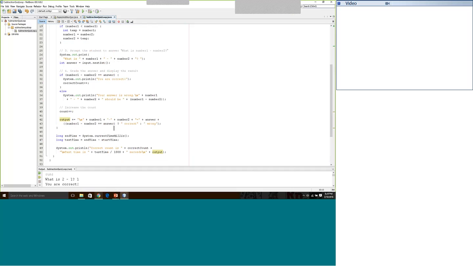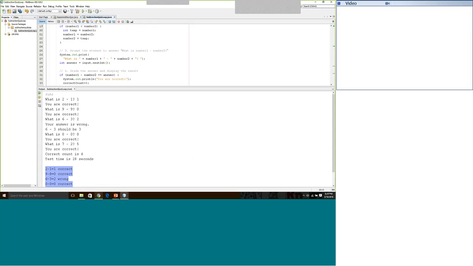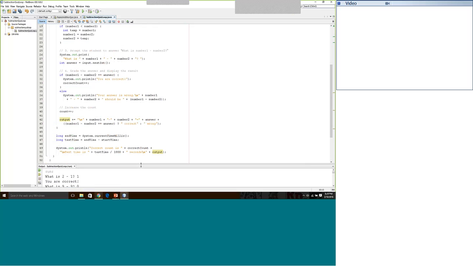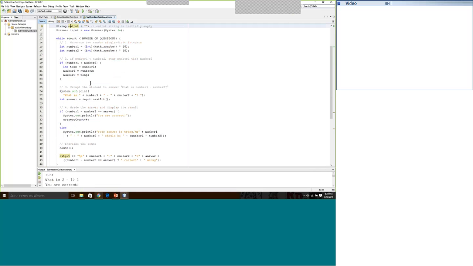And it's going to do the evaluation. Number 1 minus 2 is equivalent to the answer. And if it's correct, it's going to say correct. Otherwise, it'll say it's wrong. And you'll see right down here that it builds the first line for the first question: 2 minus 1 equals 1 is correct. And now we'll go back up and loop again